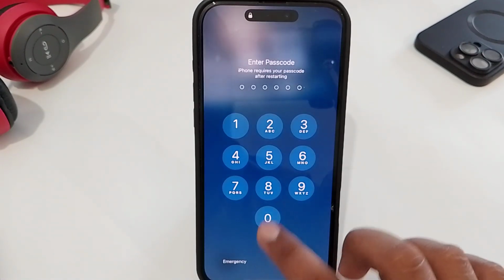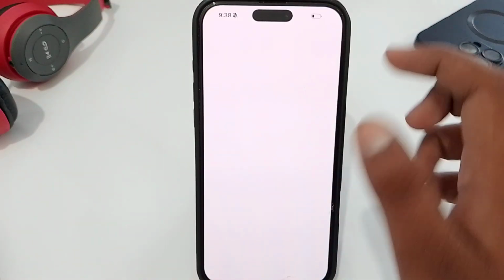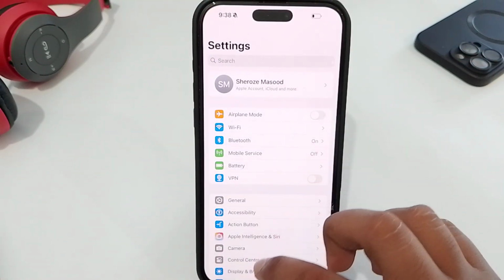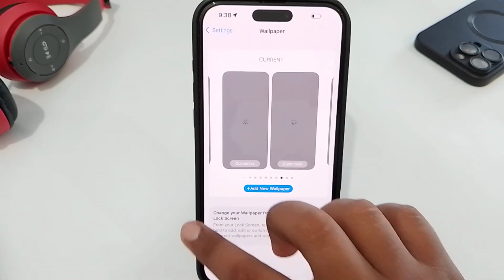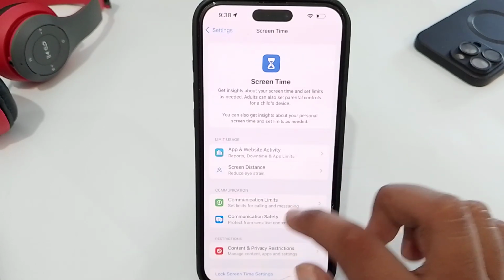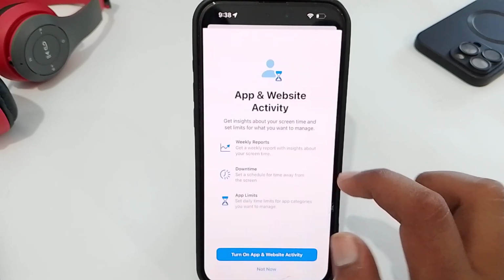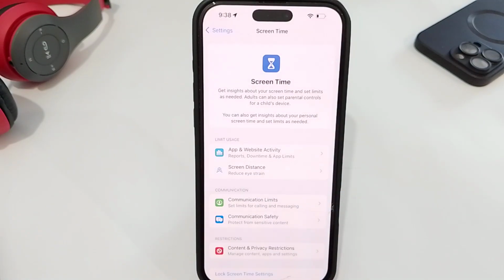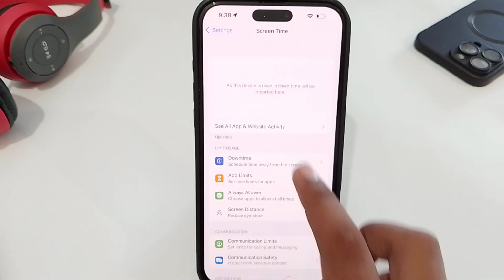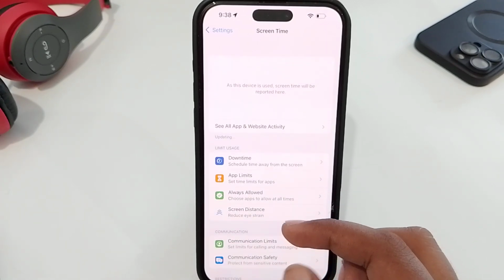Just unlock it first, and go to settings, and after that scroll down and open screen time. Here you have an option of app and website activity. Tap on it, then turn it on, and now you have successfully refreshed your screen time. If your problem is not solved after doing all that,